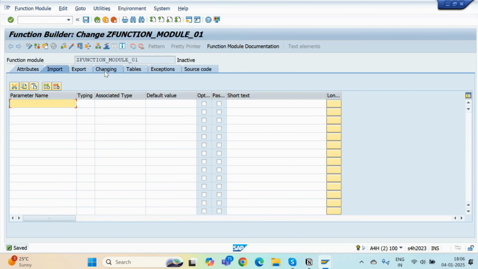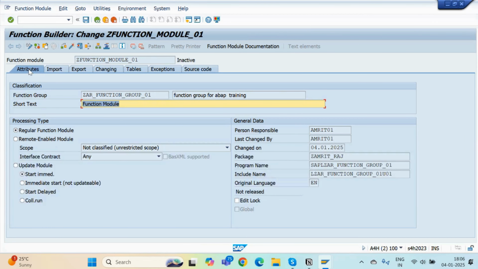See here, we are in the function module section. And if you go to the attributes tab, as usual, it contains all the generic data along with the function group, its description, short description. And now if you check processing type, we have three types of function module in the SAP system: regular, normal, or default function module. Second one is remote enabled. Remote enabled function module. It is very, very important, guys. So remote enabled function modules are used